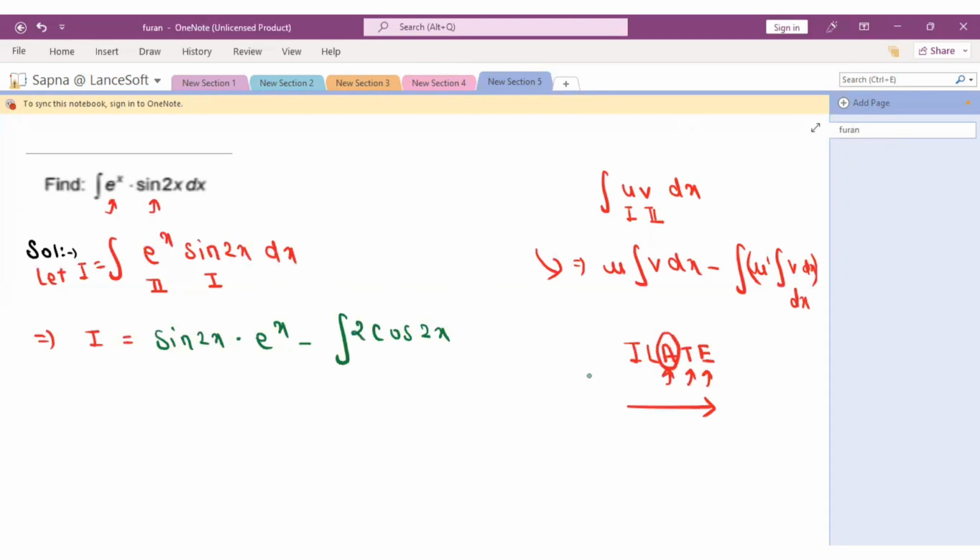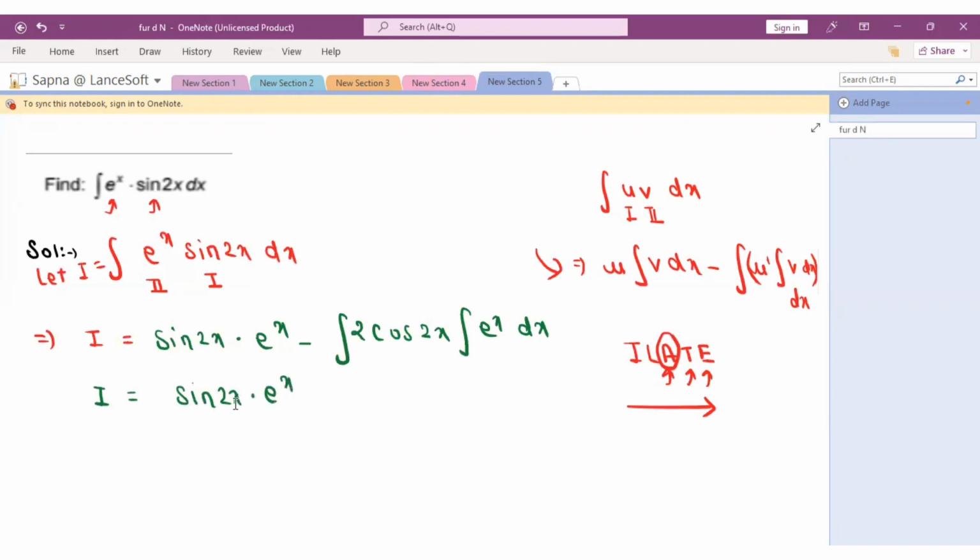And then using the formula again, we have to write down the integration sign, and now we will write down the second function, which is e raised to x. So let us write down as it is, and then we have dx. Now we'll move ahead. So I is equal to sine 2x into e raised to x as it is, and